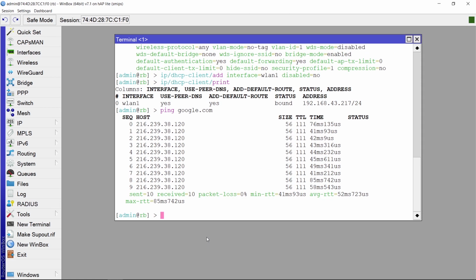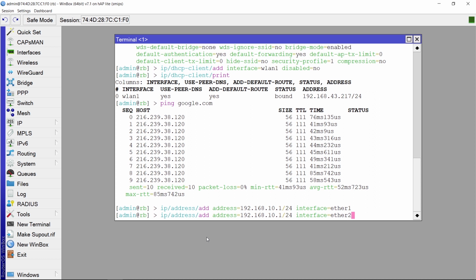Next, provision 2. Make the IP address according to the network topology. Next, add IP address with the command IP address add address 192.168.10.1/24. Here for interface Ether 1. Next, for interface Ether 2 with address 192.168.20.1/24.